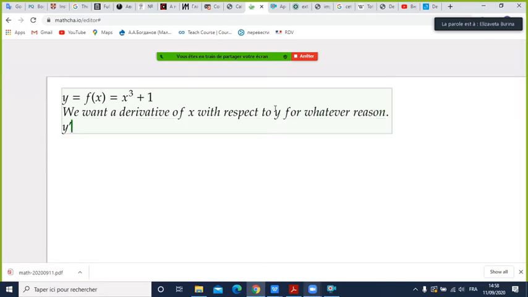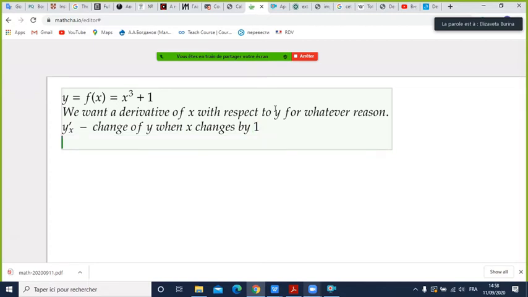Because we know that y prime x is the change of y when x changes by something, right? Well, let's say by 1. And the x prime y is the change of x when y changes by 1. Okay, so